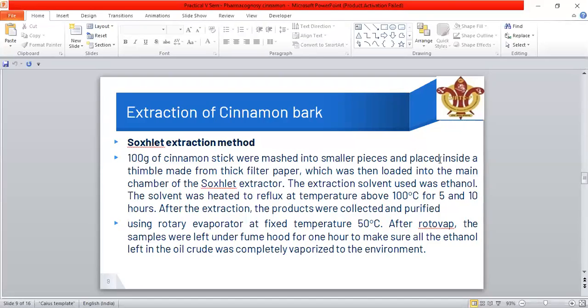Here the solvent used for the oxalate is ethanol. Since it is volatile, the solvent should be of a nature that evaporates and then condenses to extract the drug. For this oxalate apparatus, I'm going to the next slide, and we're going to see the apparatus. Then the extract is collected in the brown bottle at the bottom, which is later extracted to remove the cinnamic aldehyde or extract of the drug.